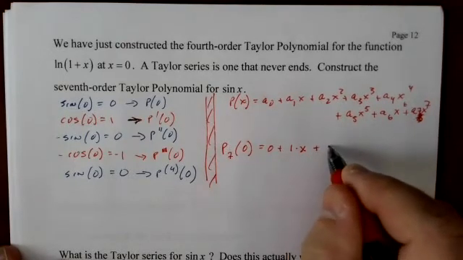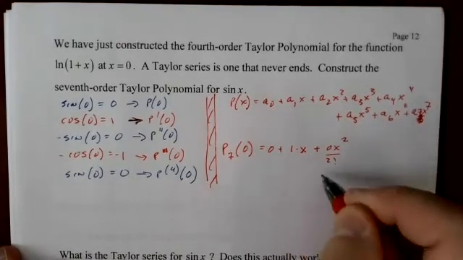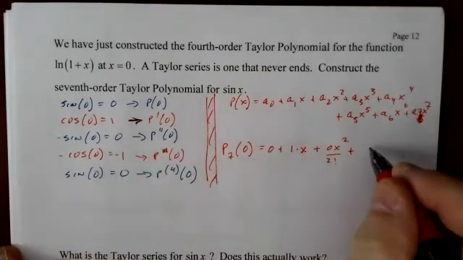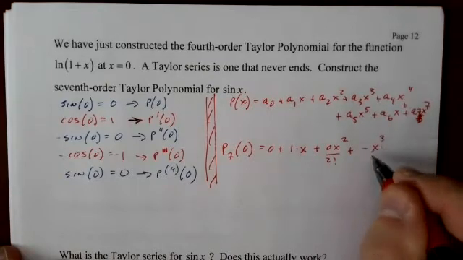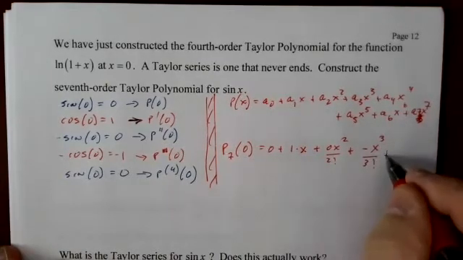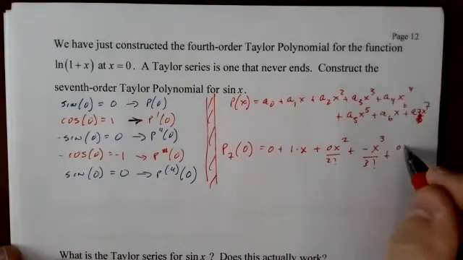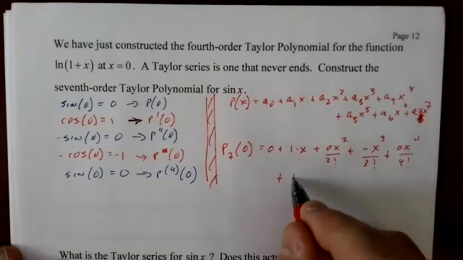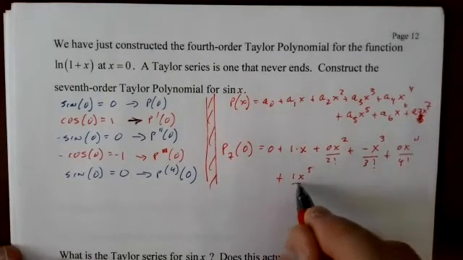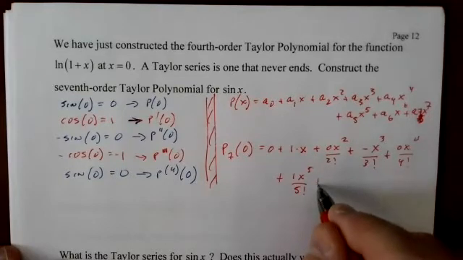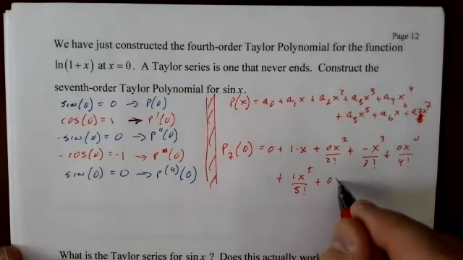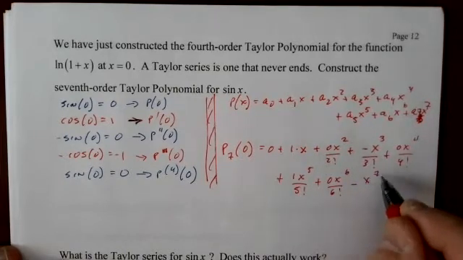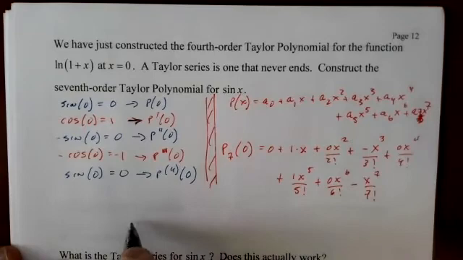So the next one would be 0x squared over 2 factorial. Well, who cares? Plus the next one would be negative x to the third over 3 factorial. Plus the next one is 0 again, 0x to the fourth over 4 factorial. Plus 1x to the fifth over 5 factorial. Plus 0x to the sixth over 6 factorial, minus x to the seventh over 7 factorial. In other words,